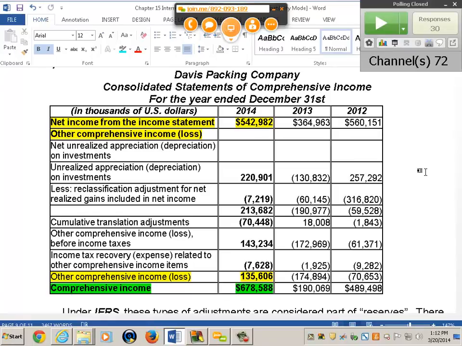And you could show it here as well. It's a separate statement, but it is not the only place you could show it. You're not permitted to only put it in the stockholders' equity statement and not show it